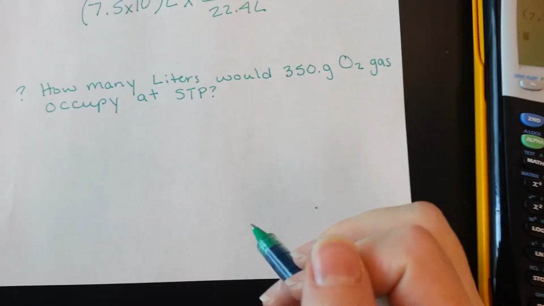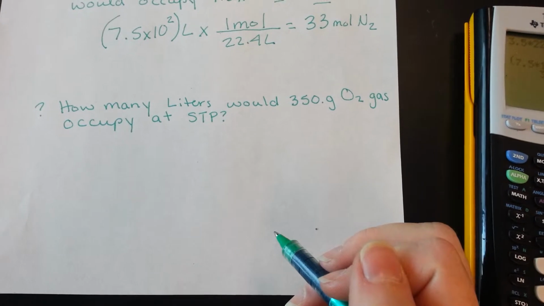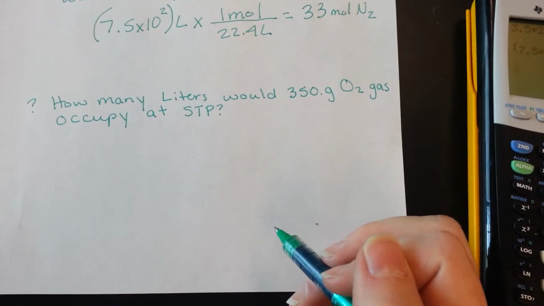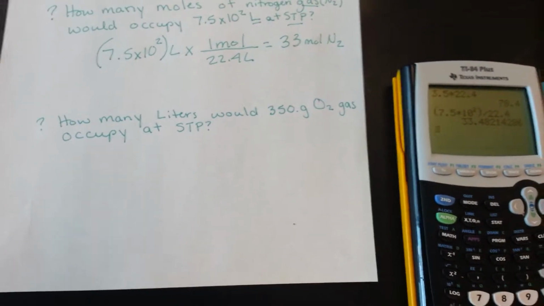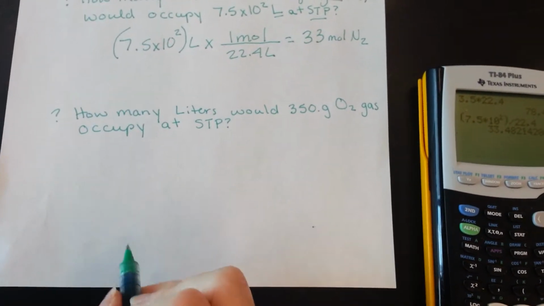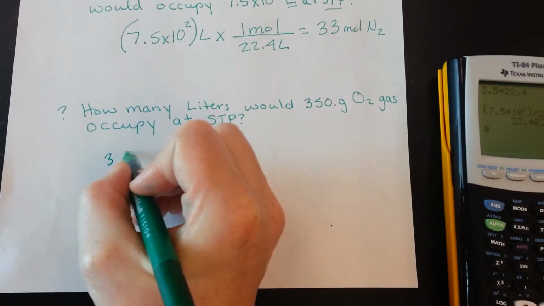Now this question's sneaky. It says how many liters would 350 grams of O2 gas occupy at STP? Oh no, there's no moles. But you know what? We can still use our mole heart and use the molar mass of oxygen to change grams to moles, and then use our molar volume. So if we have 350